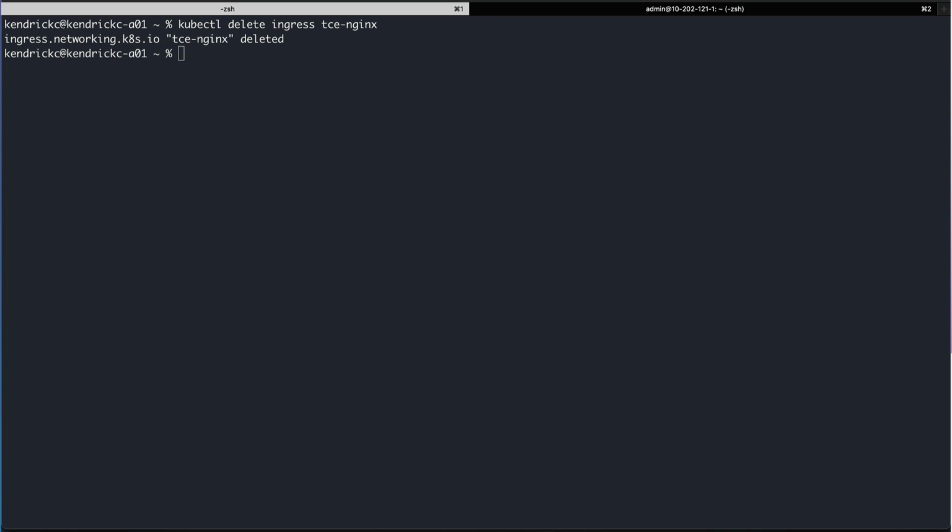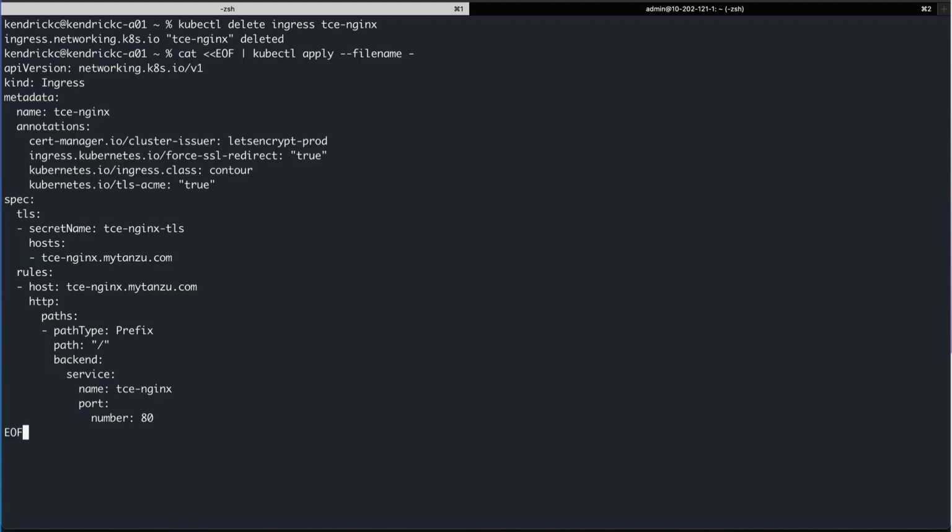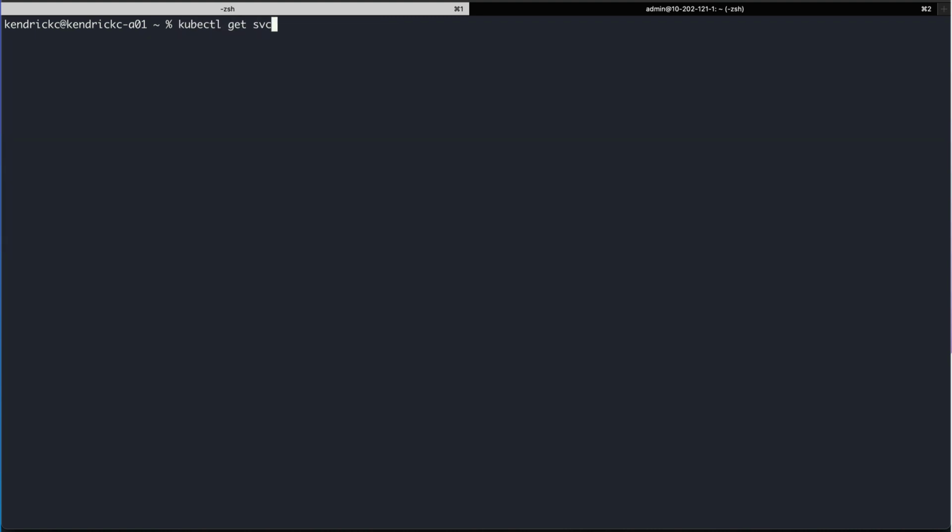I opted to delete, and now when we look at the new ingress route, it's very similar to the last one. We only added annotations for talking to cert manager and which cert issuer it should point to. We have also added the TLS section for creating a new secret. After applying this new ingress service, we can do a kubectl get service, and we can see there is a